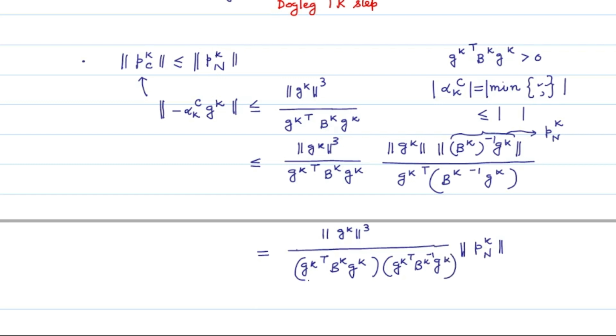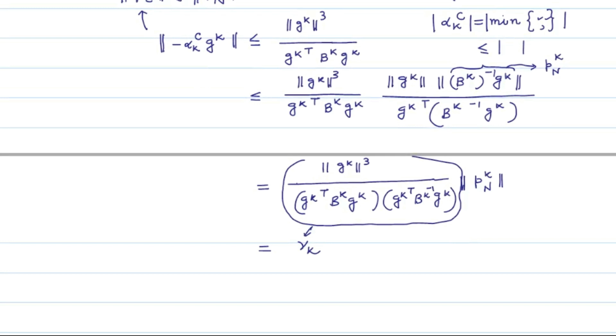Now, denoting this entire fraction as gamma_k, we have this expression equal to gamma_k times norm